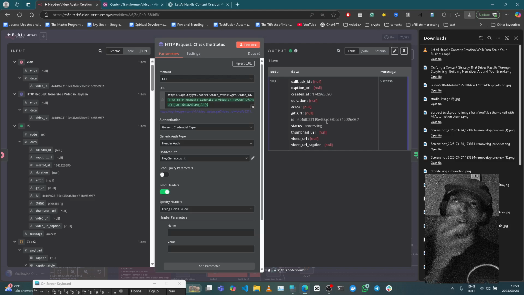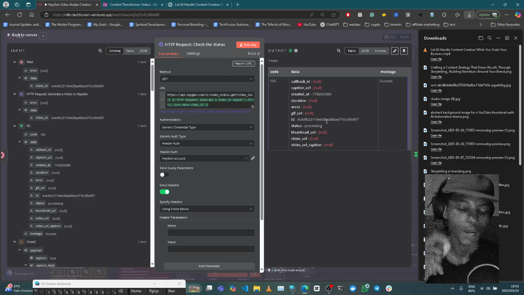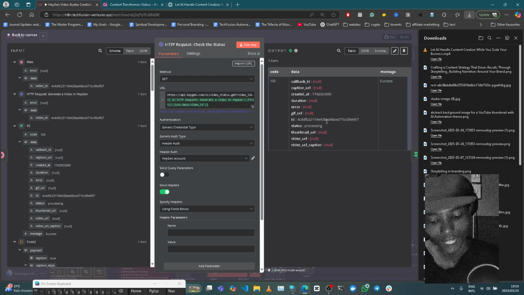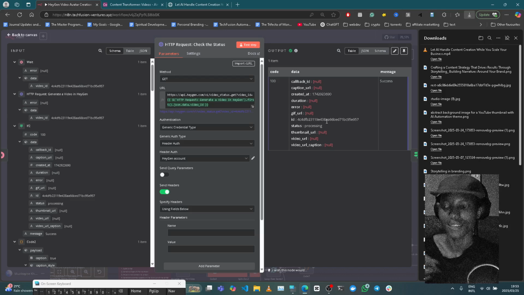So you have to watch out here. It could give you a different status, depending on the payload that you sent in, and this is a problem that I've encountered quite a few times. I sent in an incorrect payload, like I was trying to send in an image URL from an S3, like in my Google Cloud, and what was happening was that my Google Cloud was not allowing access for the platform. This meant that my URL wasn't being read, so HeyGen was having a problem,